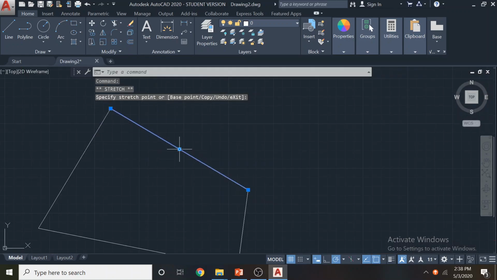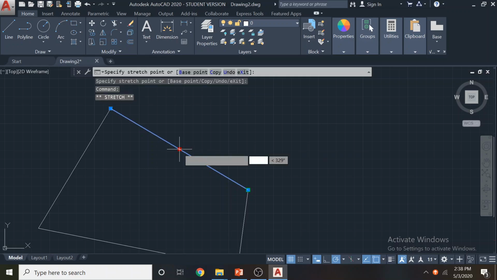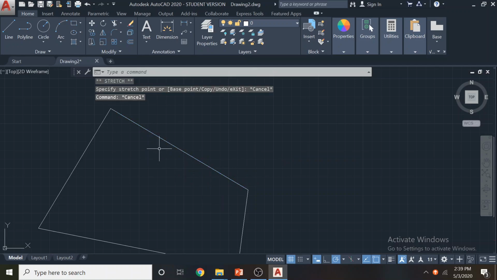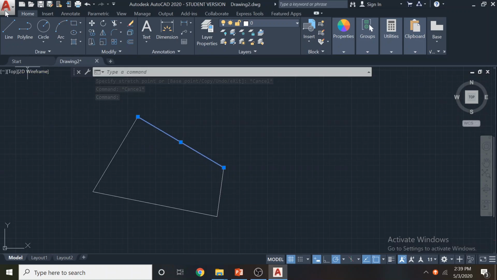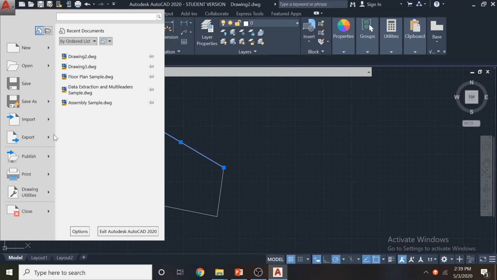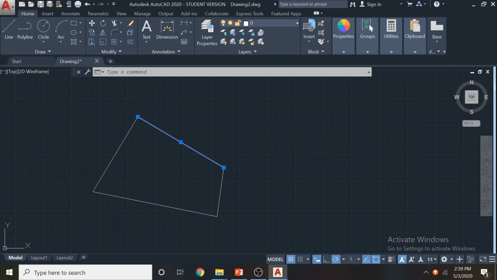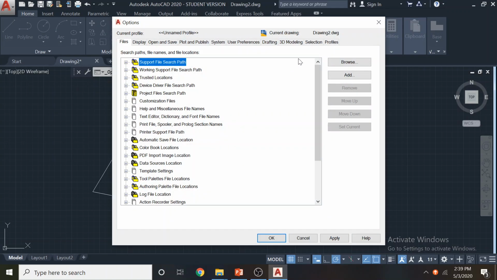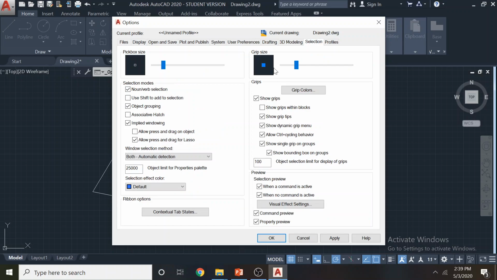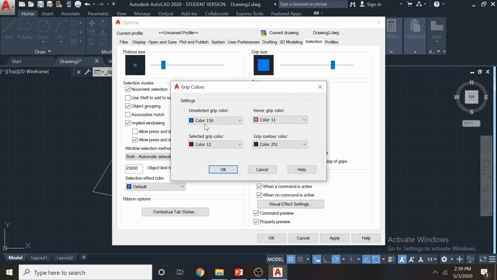When you come near the gripper, it will be in green color. When you click it, it will be in red color. If you don't like this blue color, we can change the settings of the software and make it another color. If I go to Options, under Selection we have the grip settings. If you want, you can change the size and even the colors.